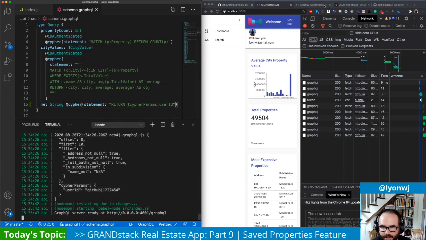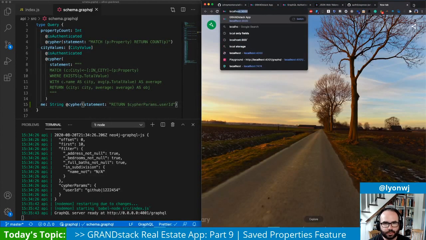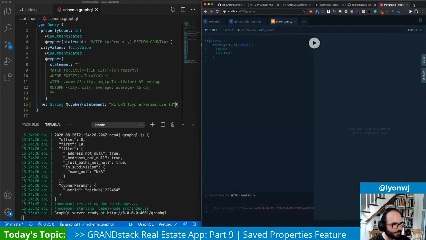Let's double check this in our GraphQL API. So if we go to localhost 4001/graphql,